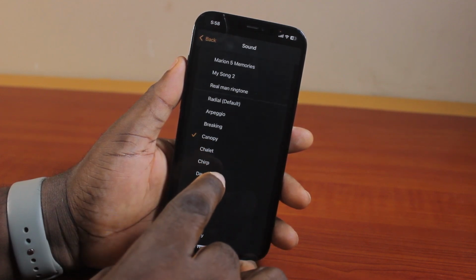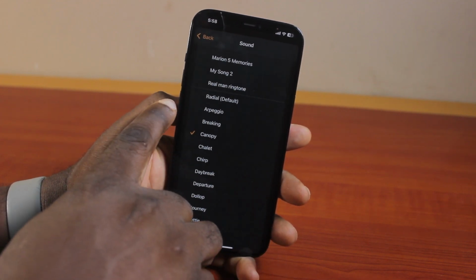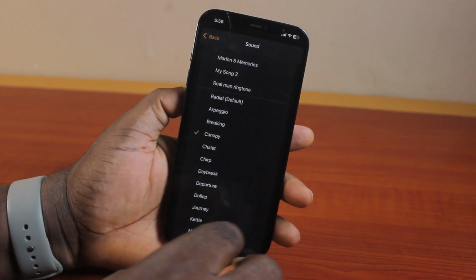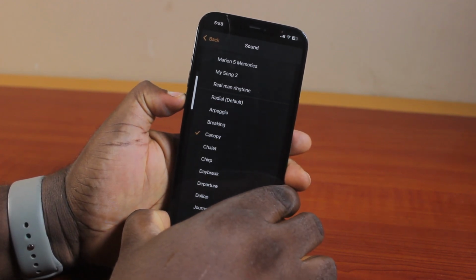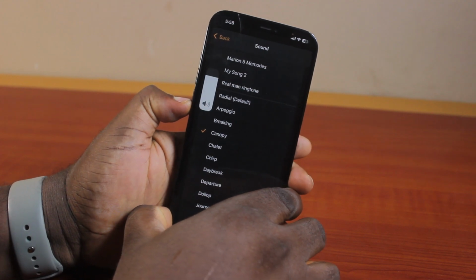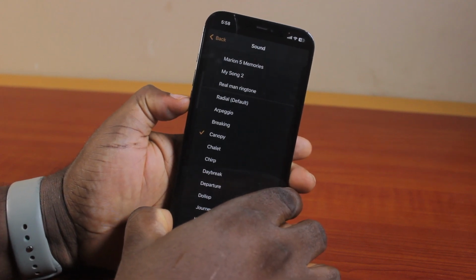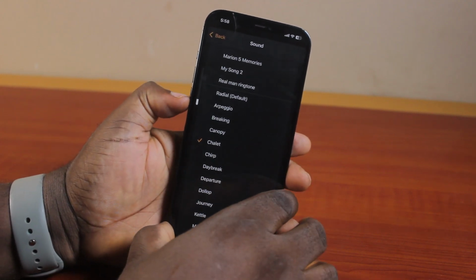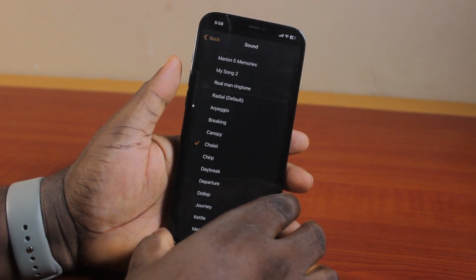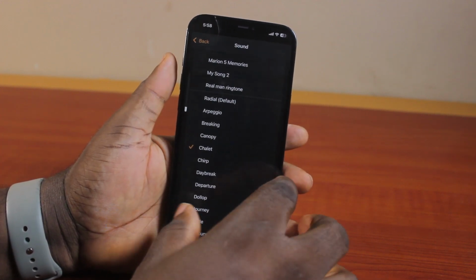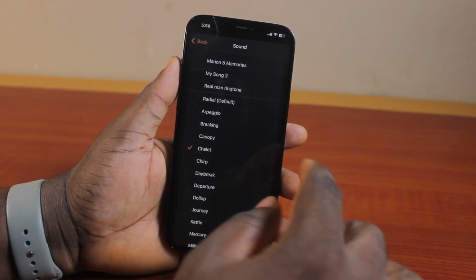Now, to reduce the alarm volume here, use the volume up button or the volume down button on your iPhone to increase or reduce the alarm volume. So just use the volume down button to reduce the alarm volume. You see that? So just reduce it. And once you reduce it to where you want the alarm volume to be, hit the back